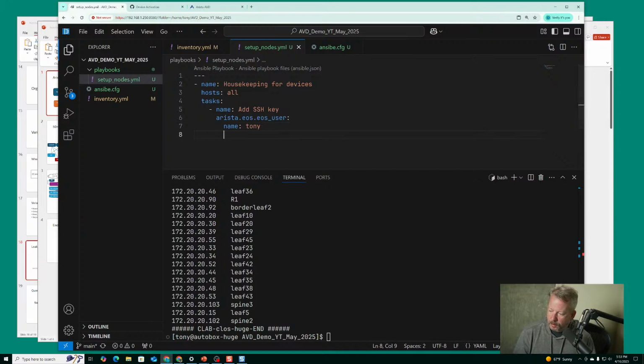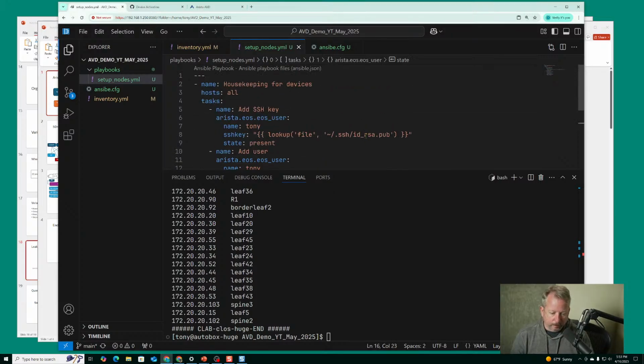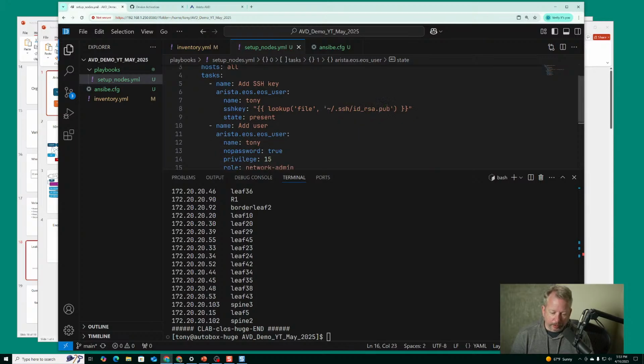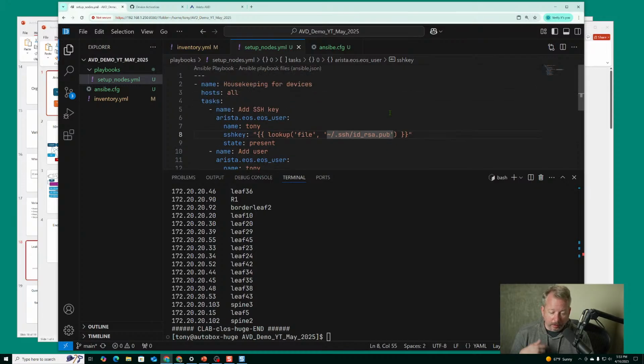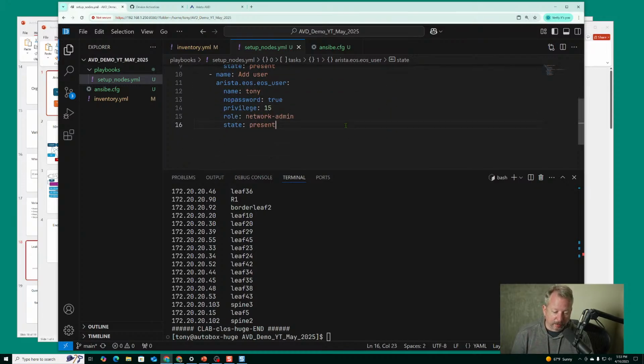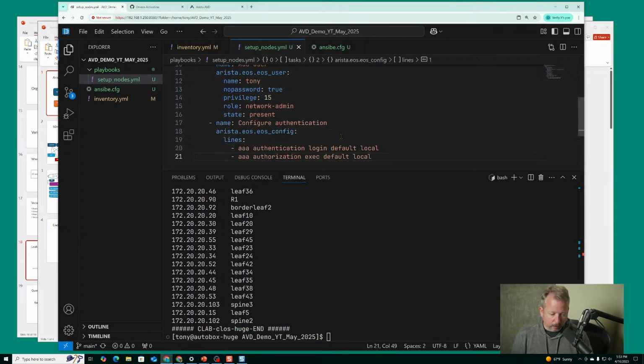And I'm just copying and pasting this right now. I'm just going to create myself a user account here. I've already done an SSH keygen, so I have an SSH key. This is the public key. And it's just going to upload this to the devices, and then that way I can log in without a password challenge. The other thing I want to do is just run a couple of quick configs, and that's to